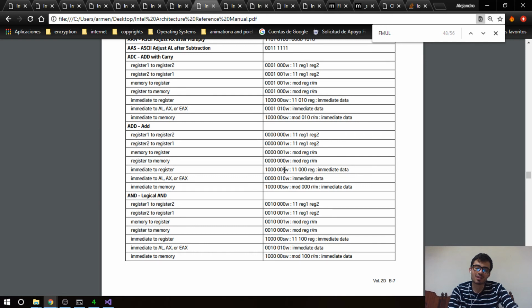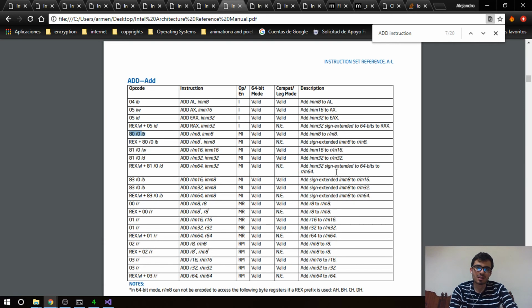Yeah, remember that we have 80, 81. If it was 81, the width changes. If it's 82, then the width stays the same, to byte, you know. And then if it's 2, then we have a sign. That means that we sign extend the immediate data. That means that here, well, they tell me that there's an extension happening here, but that's a little bit weird. Well, it's because the REX probably, I don't know,